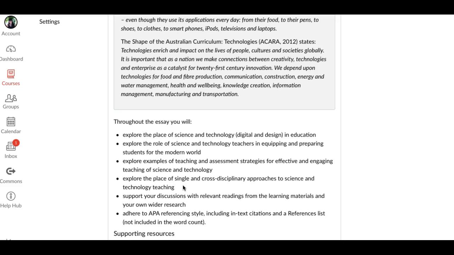Then I'd probably describe in more detail what kind of role the teacher plays in a PBL environment that enables them to prepare students for the modern world. And that sort of meets the second dot point. What kind of strategies are used in a PBL that are effective and engaging when teaching science and technology, which would be the dot point 3. If you took a more general view, you could mention several approaches that fit the requirements of those dot points, but that also depends on how you want to structure your essay.